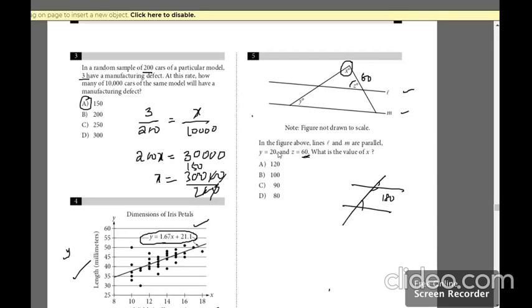So remember, what is y? y is given to us as 20. As I said, this is a transversal. So if this is y, 20, the corresponding exterior angle would also be 20. So 60 plus 20 is 80, and x is going to be 100 because we know the angle sum property. So B is our answer.